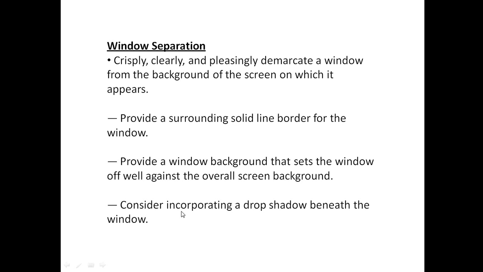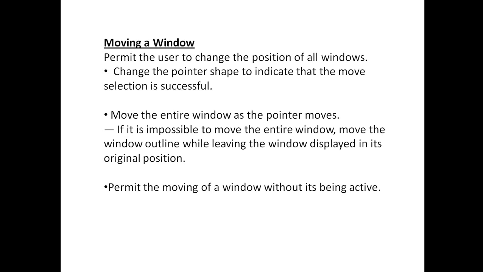Consider incorporating a shadow beneath the window here. The next one we have is moving a window. We need an indication whenever we perform this move operation.